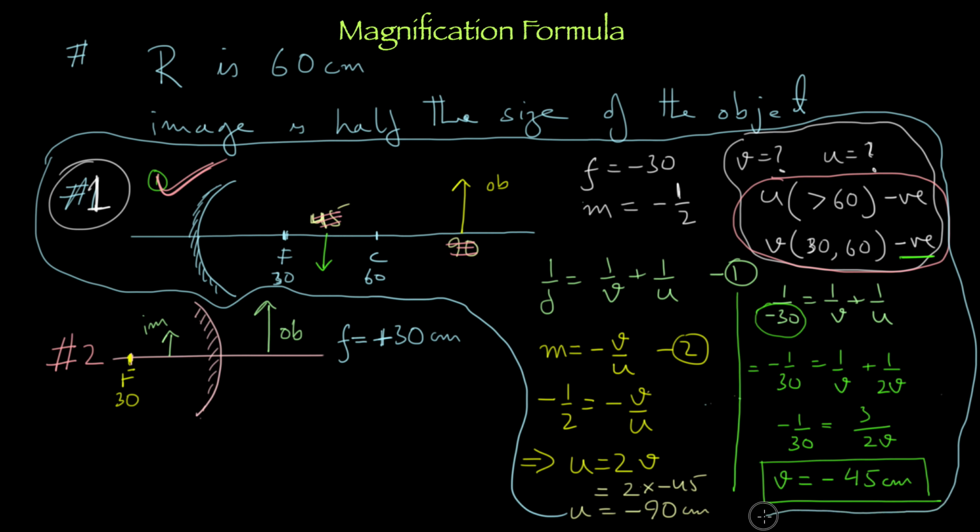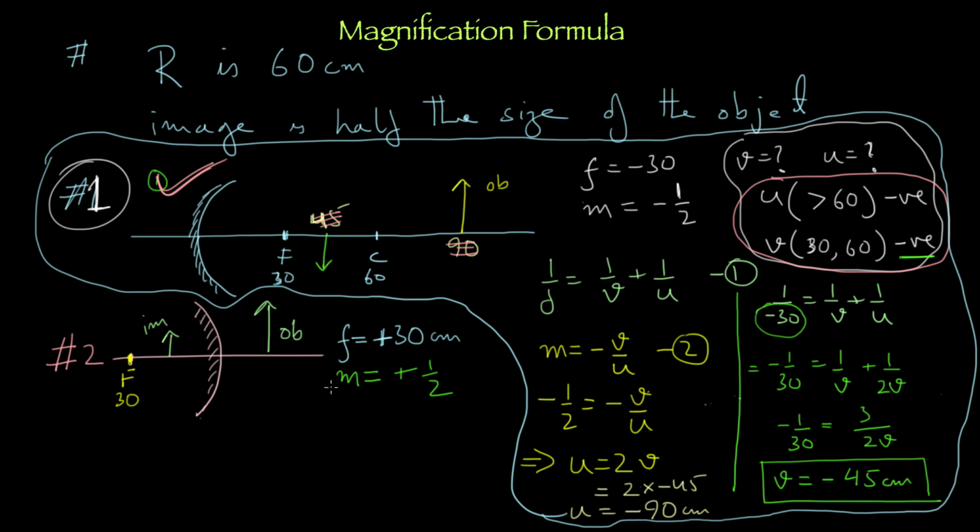So the magnification. Yeah. So step number 2, you add the working rules that if magnification and all is given, if you know it, you write. Otherwise put a question mark. So magnification m is equal to how much? Plus half. Is she right? Yes, sir. It's given half, and from the diagram it is clear it is a plus, right?